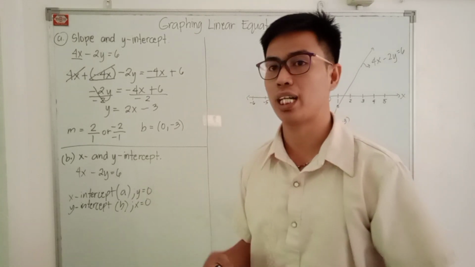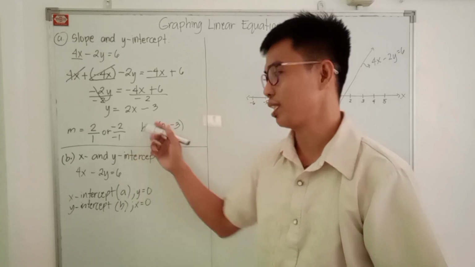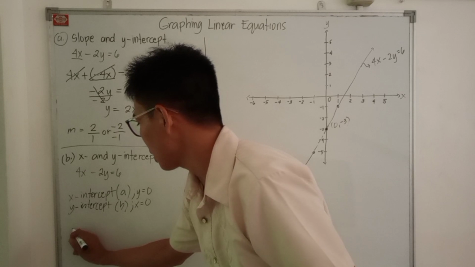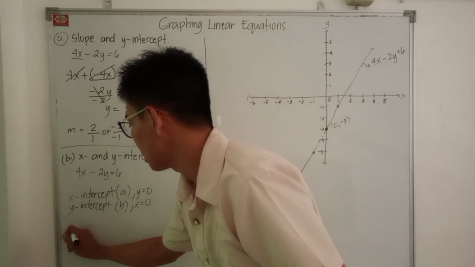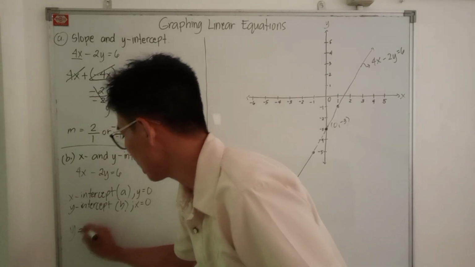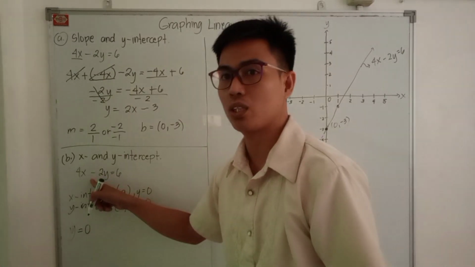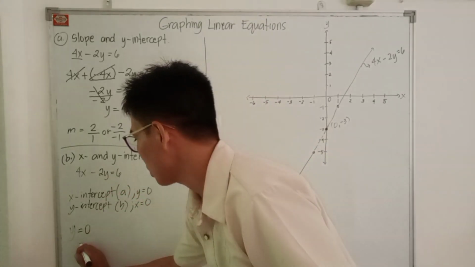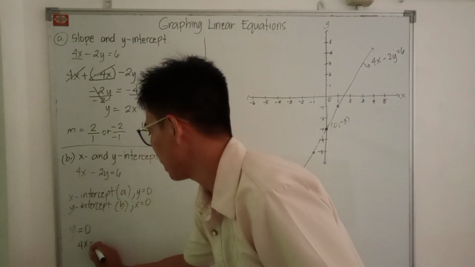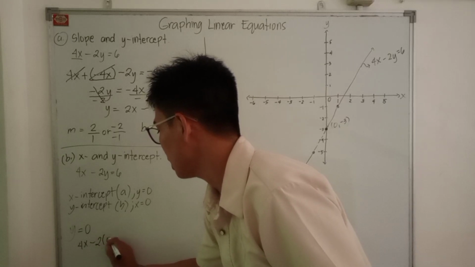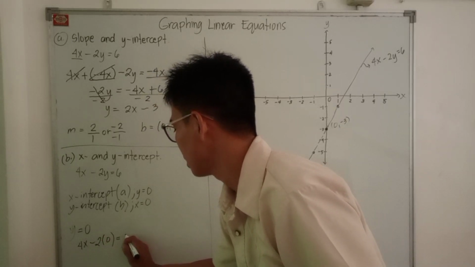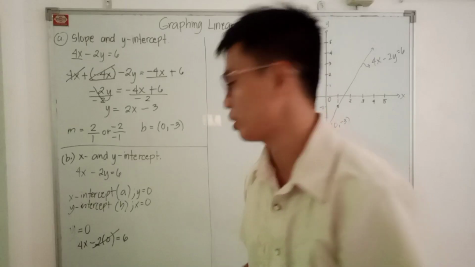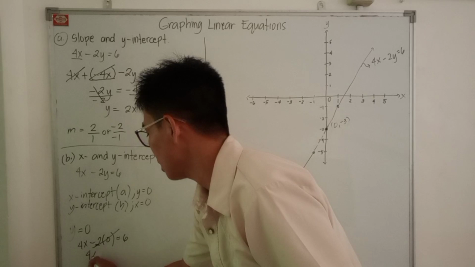So, i-apply natin yung ating knowledge na nakuha dito, dun sa ating given. So, getting the x-intercept, we have y equals 0. So, substitute natin dito sa original equation, 4x minus 2y equals 6. By substitution, we have 4x minus 2 times 0 equals 6. So, cancel na itong negative 2 times 0 kasi ang sagot dyan ay 0. So, 4x equals